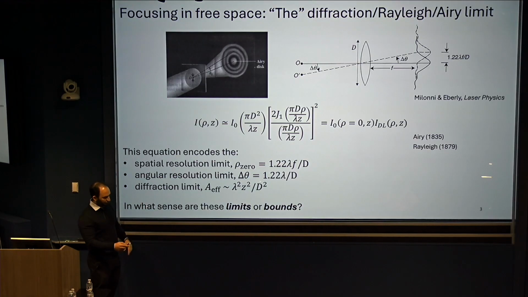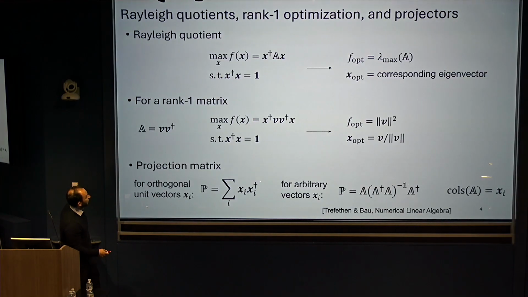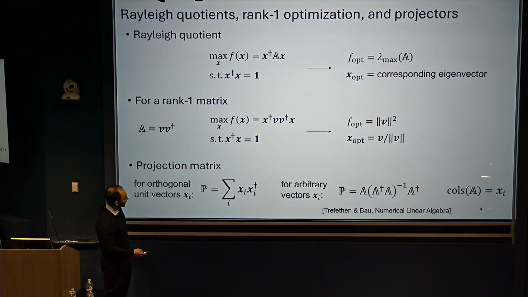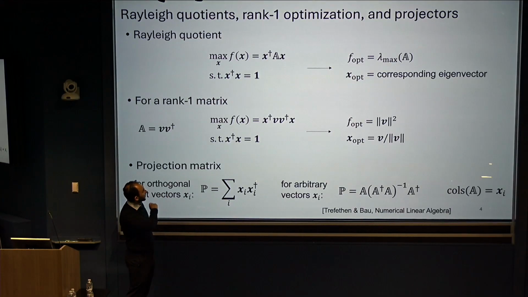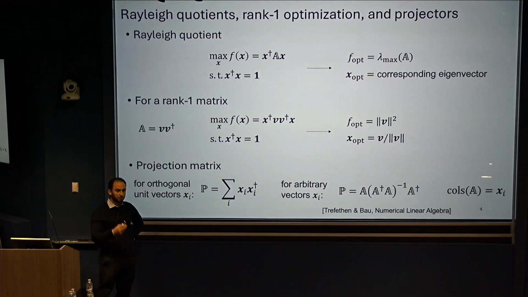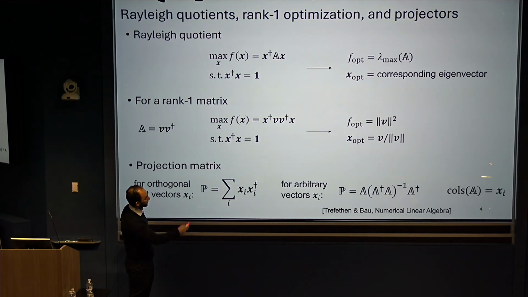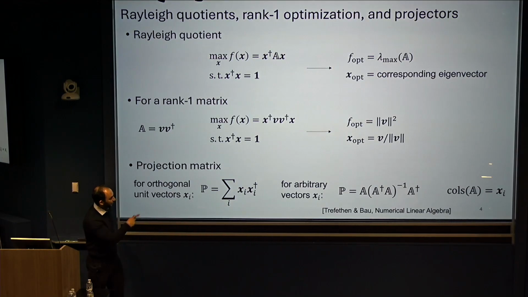And so let me step away from this for a second and just review a couple simple techniques that will form the basis for 80% of the results in the talk. The first one is that there are many optimization problems that you can write as maximizations of quadratic forms. The inner product of a vector with a matrix with a vector, and maybe there's a condition, something like the norm of the vector is 1. Famously, the Rayleigh quotient says that that maximization produces an optimal value given by the largest eigenvalue of that matrix, and the optimal vector is the corresponding eigenvector.